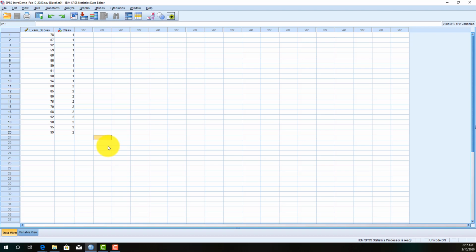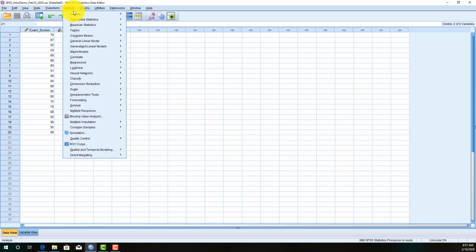Now, if you have an instructor who would like some more data, more information, there is another way to do it. I am partial to this method because you can get everything all at once, and then you select what information you need for how you're approaching your data. So if you go to Analyze, Descriptive Statistics, Explore,